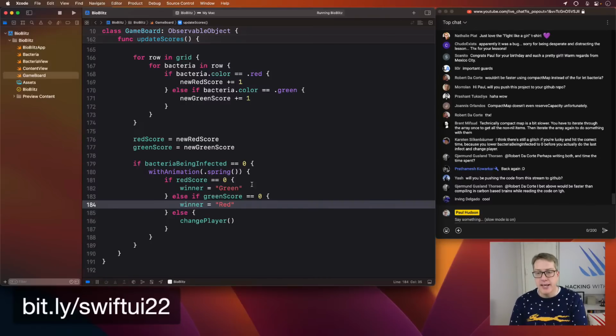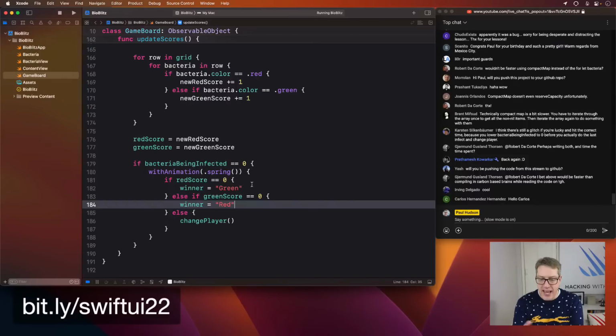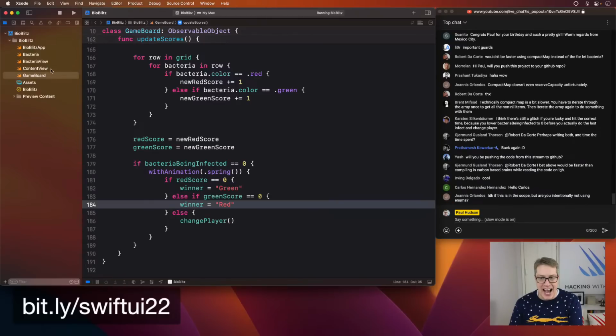So we now mark it who won, green or red. And when the game finally ends, we're going to tell players who won and also give them the chance to start a new game, to reset the whole game board and try again. Now we're going to do this as a simple overlay on top of our game board, which is why, right at the beginning, I added